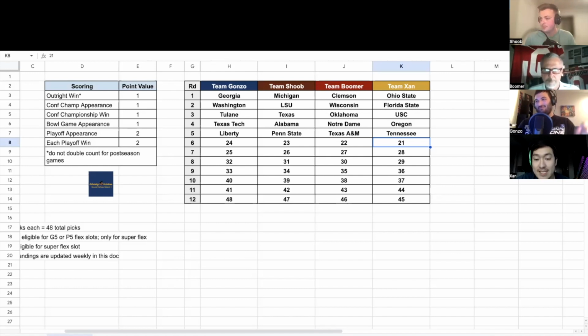Okay, and this is where it gets a little dicey. This is where the picks get kind of hard because the G5 has been whittled down a little bit. I could go for some of the top teams in the G5, but there's no clear-cut favorites. There's usually like a 1A, 1B, so I'd be kind of gambling if I took that right here. Because of that, I'm not going to gamble.